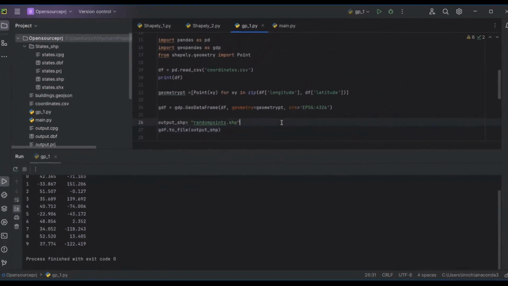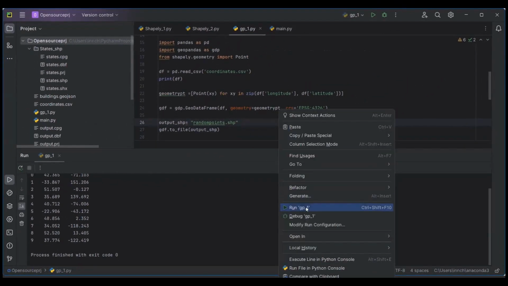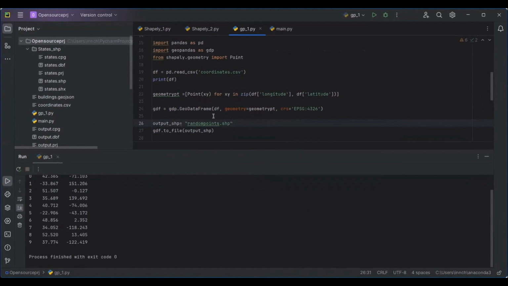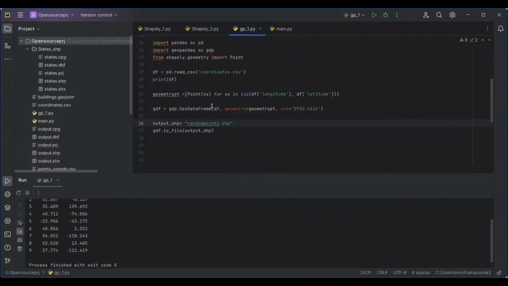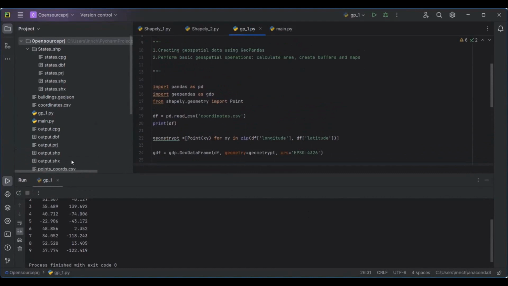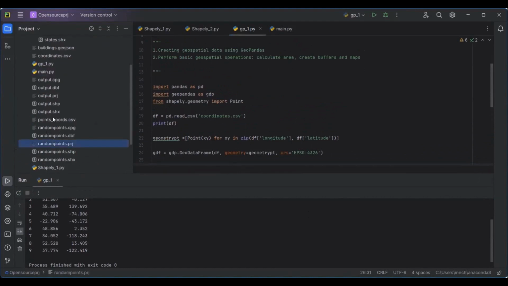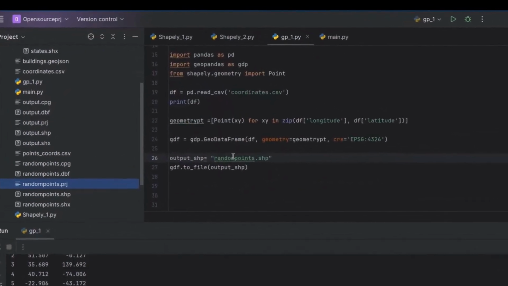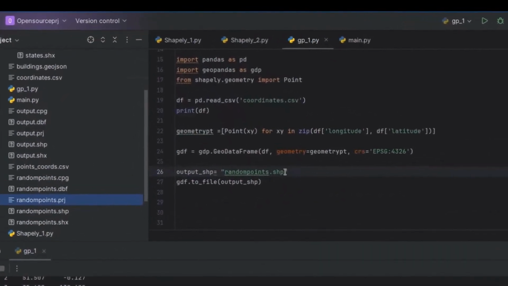These are 6 lines of code. I'm able to create a shapefile by reading coordinates that are stored in a CSV. So as you can see, my shapefile has been created. And you can change this to different formats. It can be GeoJSON, it can be KML if you want,